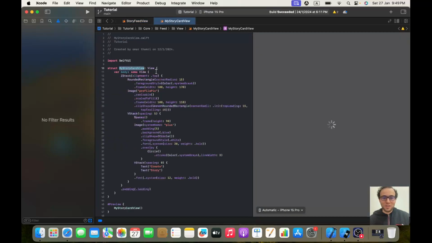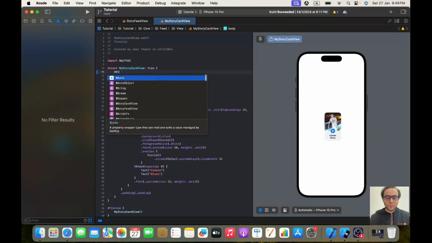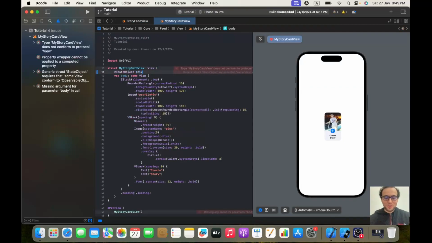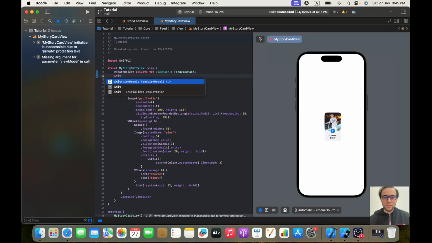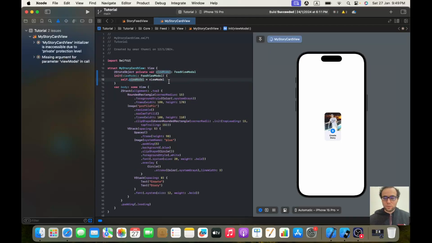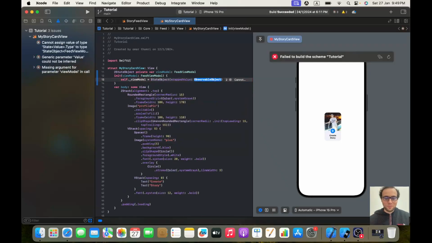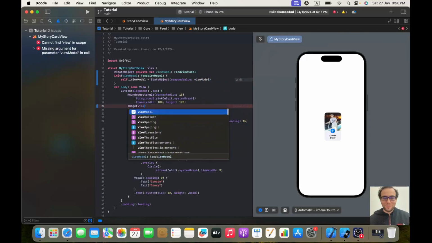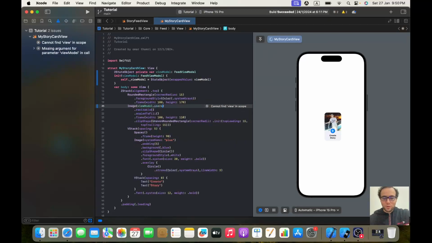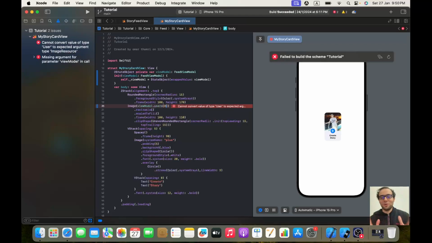So let's go to my story card view, and here I will add a state object, private var viewModel of type FeedViewModel, and here I will also add the initializer. self.viewModel will be state object wrapped value of view model, and here it will be viewModel.users of 0. And as I said, I will assume always that the first user is the current user, and later